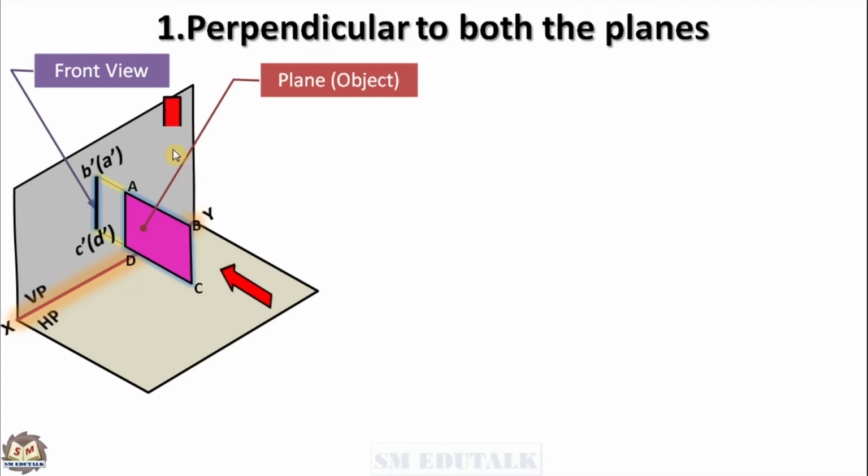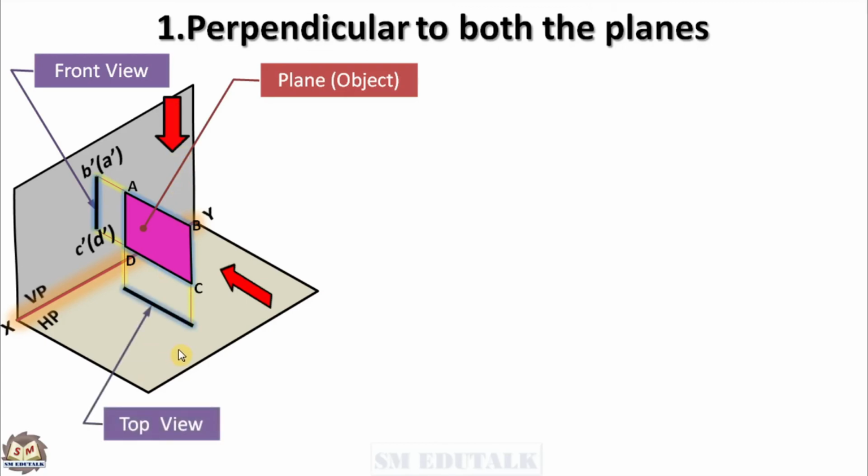The plane's top view should be projected to the HP as a vertical line. Okay, how to assign the names to this line? When you look at the plane ABCD from the top, you can see the corner points A and B only. They are visible to your eyes. But what about the other two corner points, that is C and D? They are completely invisible. Hence, the name of the line's top end should be written as a bracket d, because